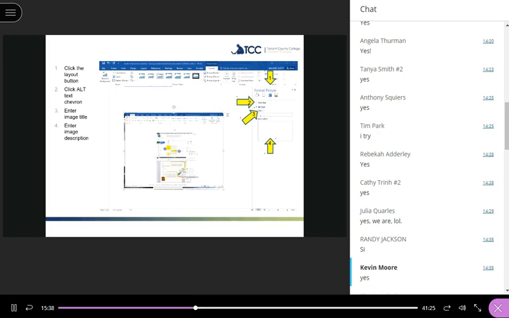When you're doing alt tags, a lot of times people will put in stuff like image of a bowl of fruit, for example. If you put in image of, it's the same thing with the screen reader. When it gets to an image, it knows it's an image, so it automatically says image of. So if you put image of in there, it'll say image of, image of, or picture of. So it's best, when you're alt tagging, to label your image with the information you want the student to know.